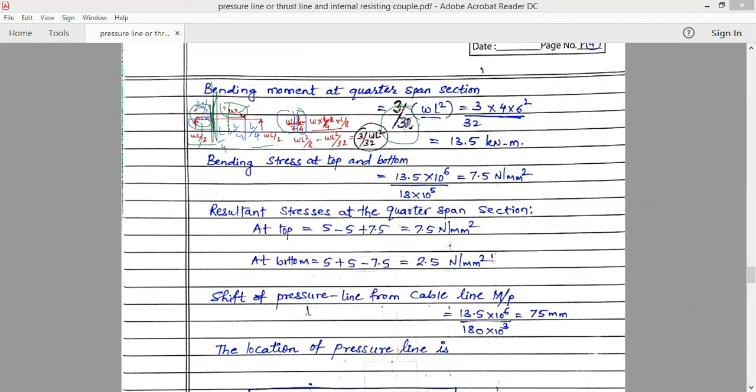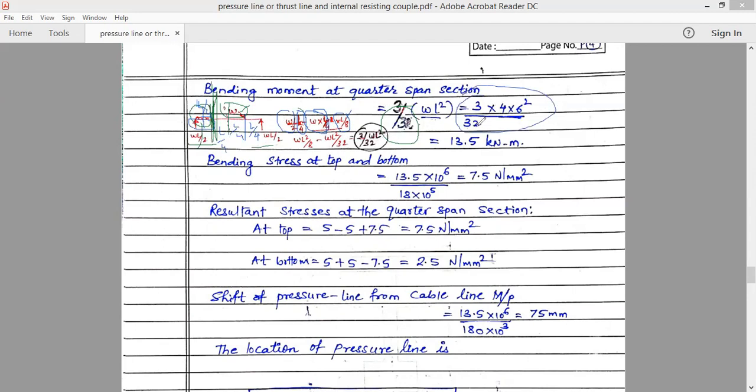And what about the external force bending moment? It is W intensity, and span is L by 4, so W into L by 4, that is the total load acting. At what distance is it acting? Exactly at the center of that span, so L by 4 divided by 2, that is L by 8. So the force is acting at a distance of L by 8 from the section. So this will be W into L by 4, total load, into L by 8. So this gives a total value of 3 by 32 into WL square, which I have written here.